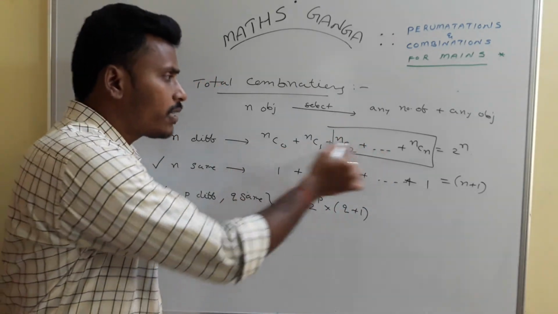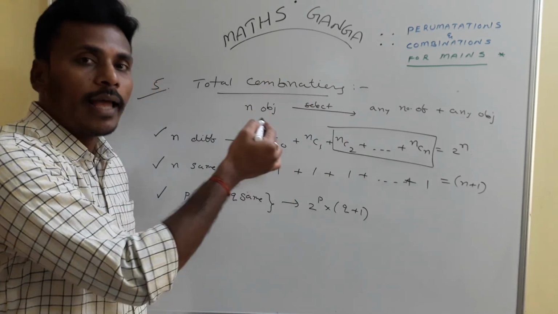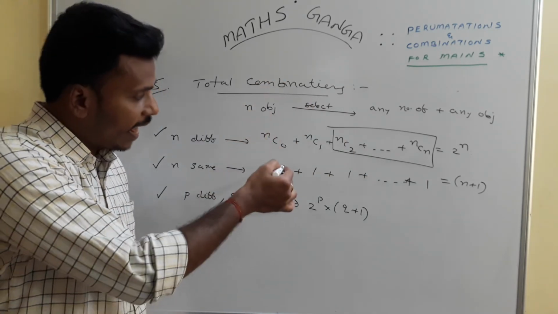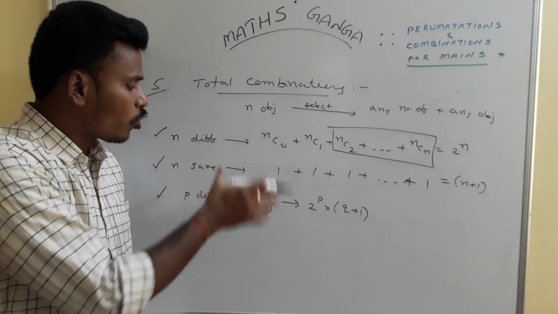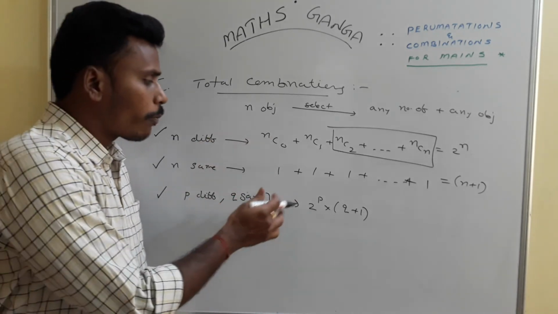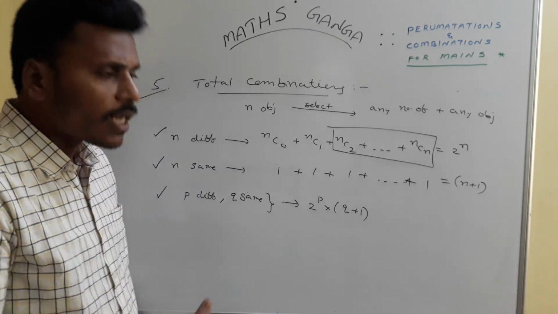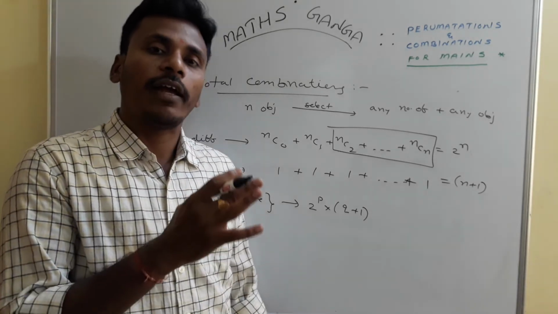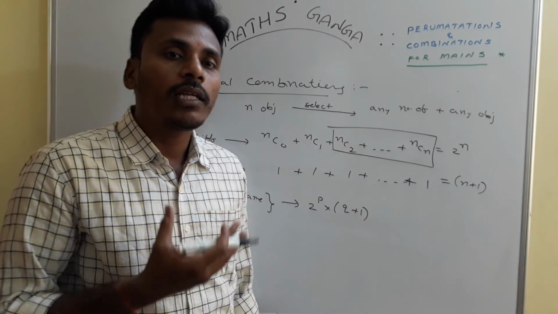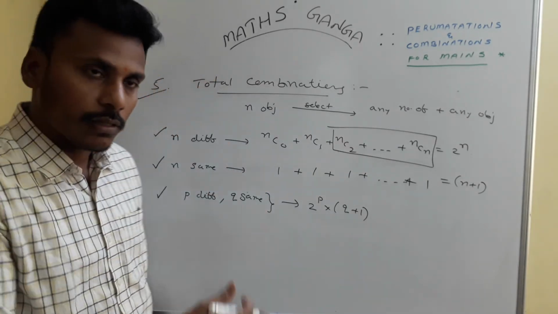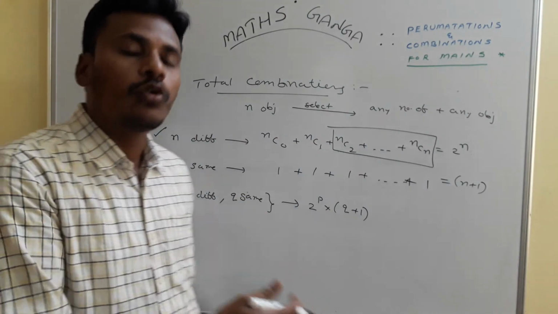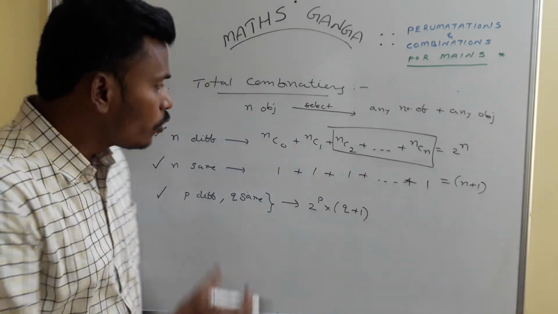Okay, so this is the basic idea, and if you have clarity about this logic, you will use it in many cases. This is the total number of combinations case, 2 power p into q plus 1. For example, there are 10 different pens and 5 same pencils. How many total selections can I make from those 10 different pens and 5 same pencils? It can be done in 2 power 10 into 6 ways. Using this